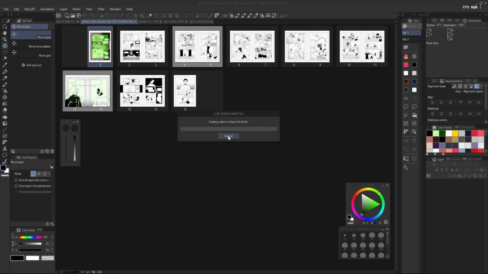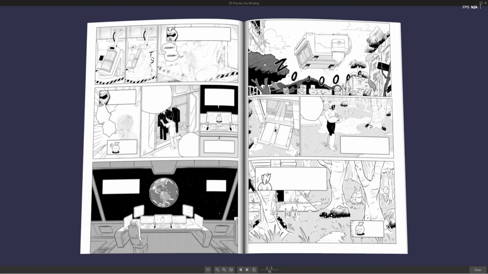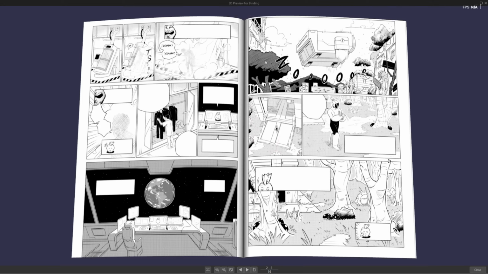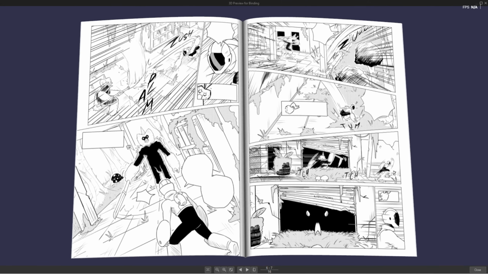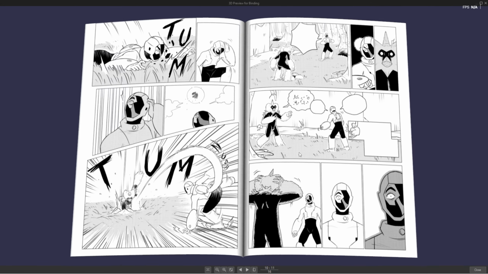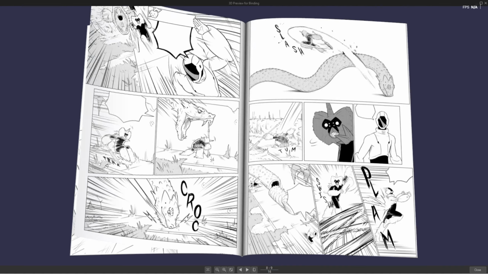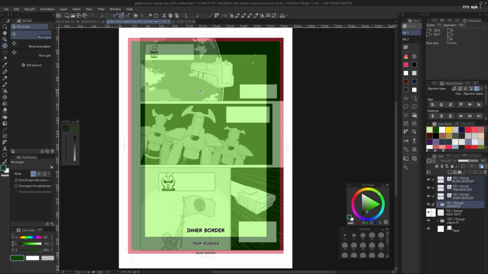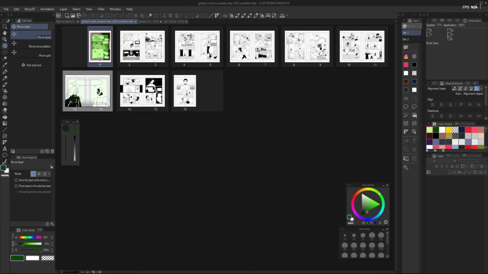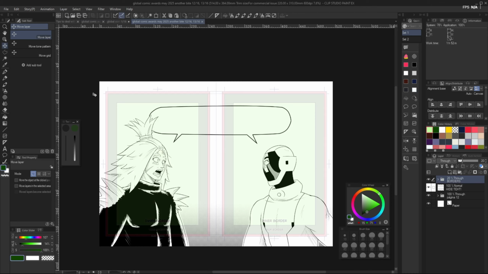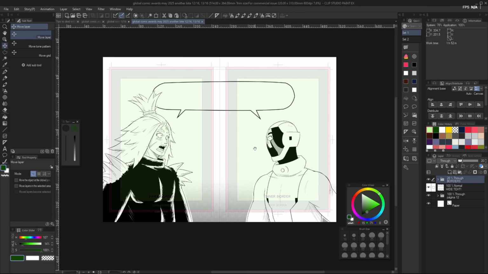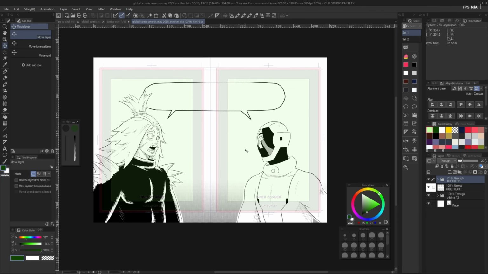This feature generates a 3D preview of how your comic would look if printed, based on the comic settings you configured earlier. It's a really helpful tool to make sure your artwork stays within the safe area, and that nothing gets lost too close to the comic's spine. Now that you know all of this, you'll be able to plan more effectively what to draw on your pages. It will also help you avoid mistakes when working on double page spread drawings, since now you know that anything drawn outside the trim border will be cut off during printing, like in this page for my comic.